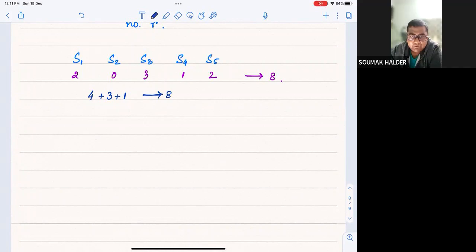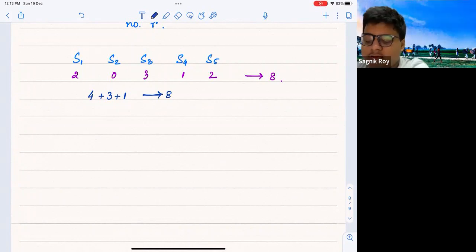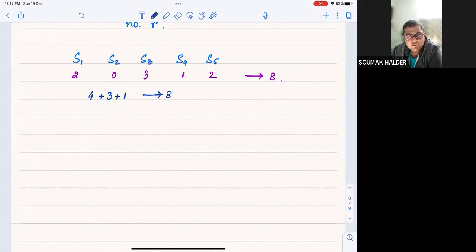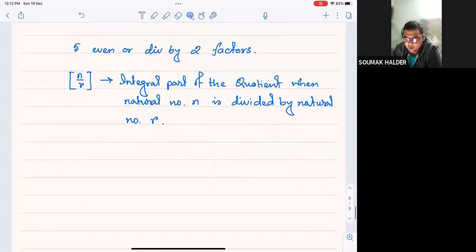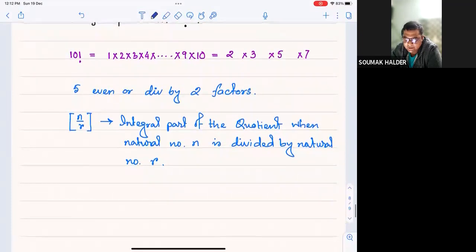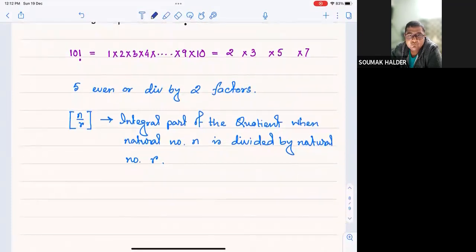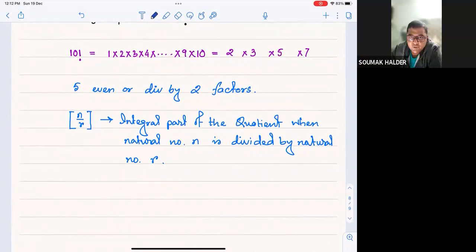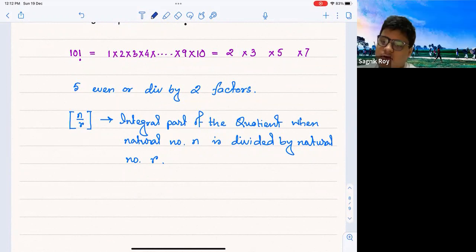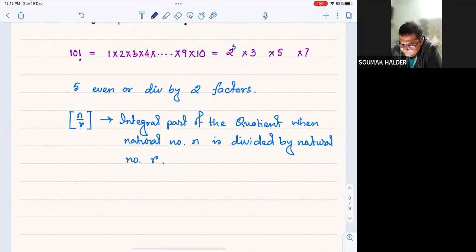Instead of counting individual pens, I can go for the number of contributors in the first round, the number of contributors in the second round, and the number of contributors in the third round. Making sense now? Yes. So accordingly, how many factors are there which are multiples of 2 square? 2. How many factors are there which are multiples of 2 cube? 1. So that means the power of 2 will be 5 for even, right?